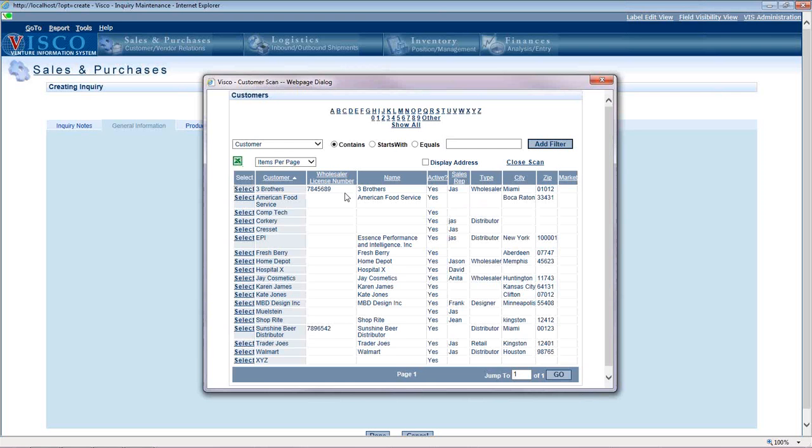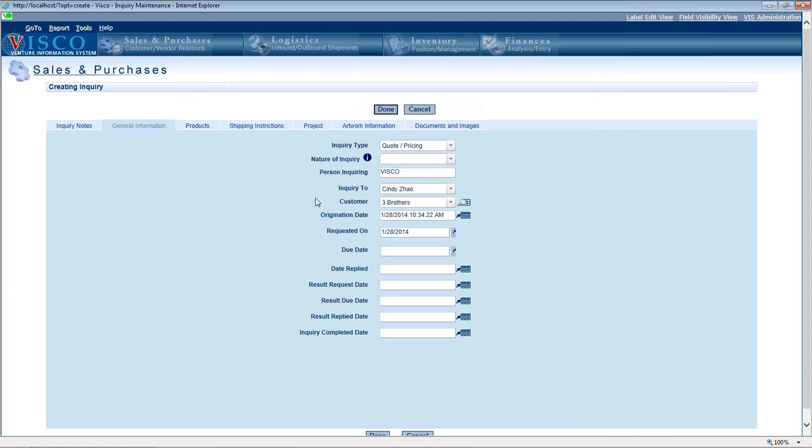So let's pick a customer here. Let's use this Three Brothers example. The origination date is the date that the data entry is being done. That's a timestamp that you can't alter. The requested on date you can alter. That would be the way to say that the customer actually requested this 2 days ago, but it took us a couple days to get it in. And we can assign a